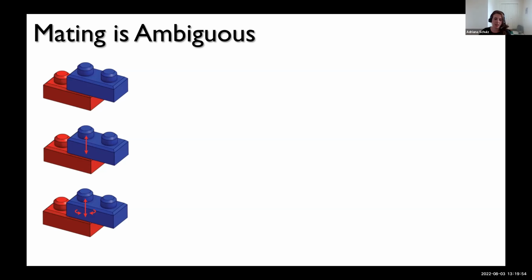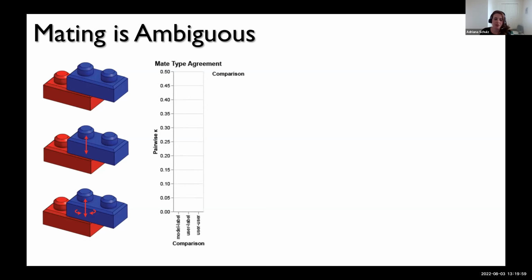Or you can say that you can pull them out, but you can also rotate. And so we did a little bit of a study where we took some of our examples and actually asked users what mate type you would assign to each of these objects. And we've noticed that there's actually a lot of error and inconsistencies on how users would label mate types, which makes it quite a challenging problem to learn.